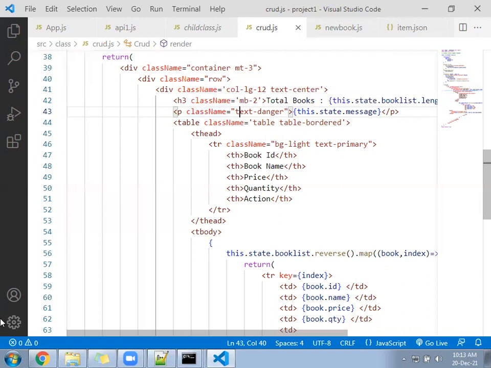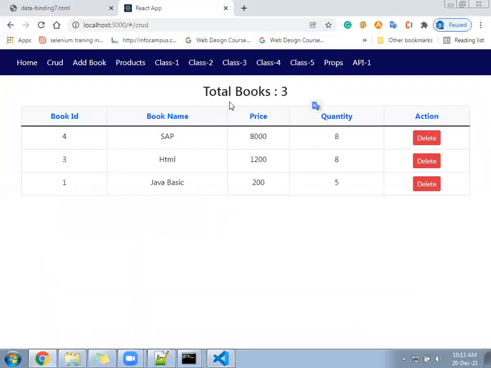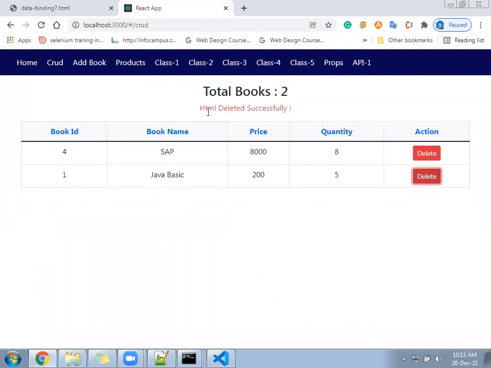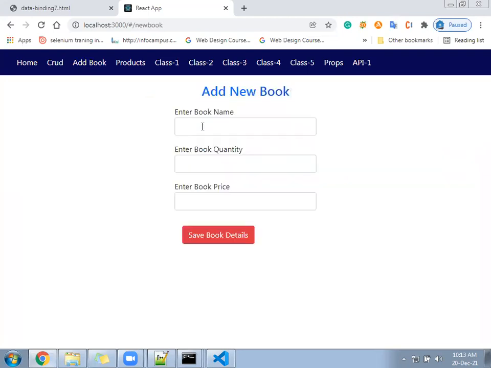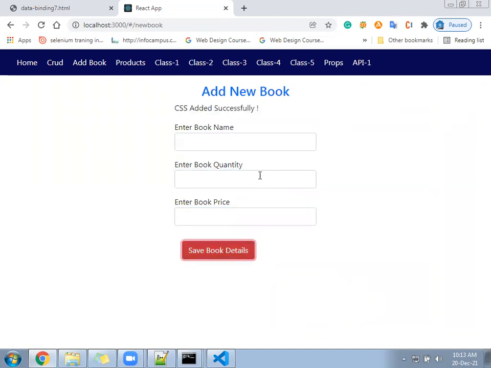Hope you are able to see the message. HTML deleted successfully. You can go and add book. CSS added successfully.